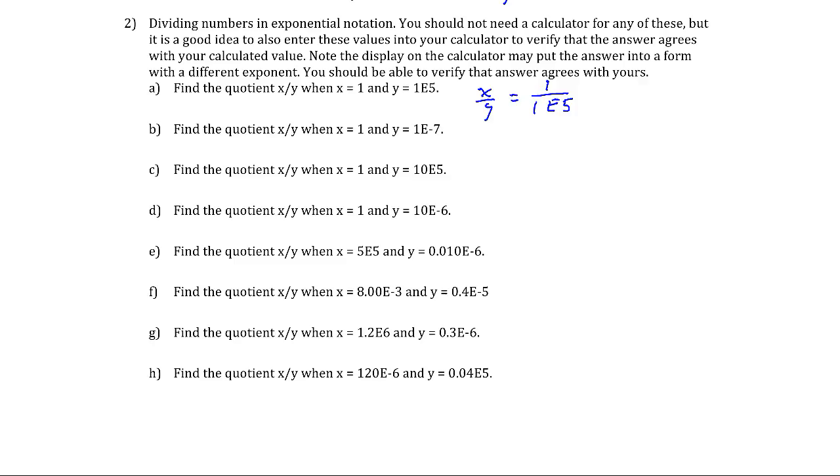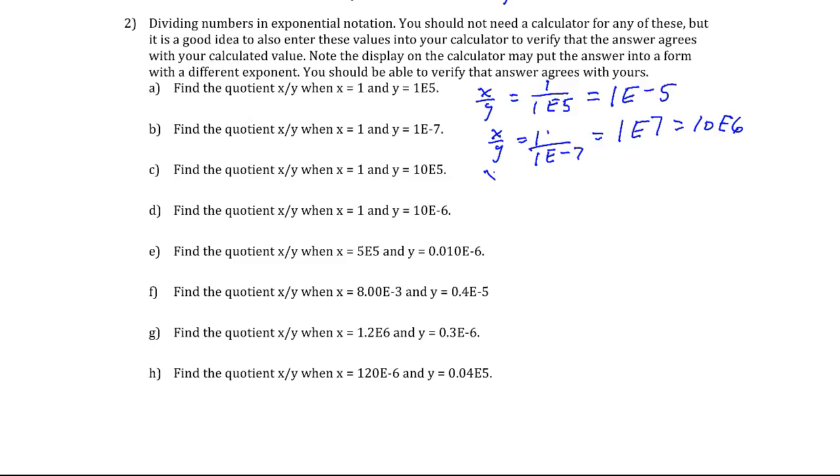Okay, so what I've got here is just a 1e to the minus 5. I simply changed the sign on the exponent when I brought it up to the numerator. x over y in the next case is 1 divided by 1e minus 7, which is 1e plus 7. 10 to the 7th, or 10 times 10 to the 6th, or 10 million. Okay. For part C,